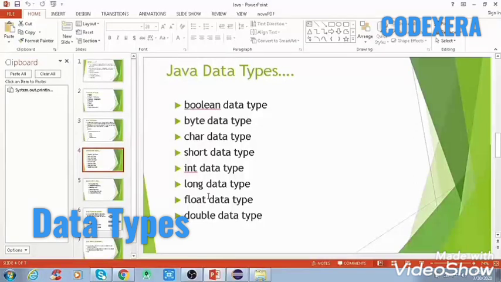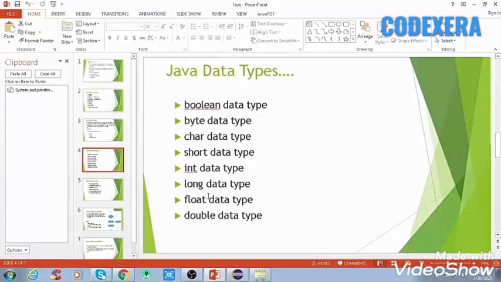In this tutorial, this is Saurabh, and in this section of the tutorial we are going to learn about Java data types. As we have already learned about Java variables in the last section, now without wasting our time, let's start with the data types in Java.